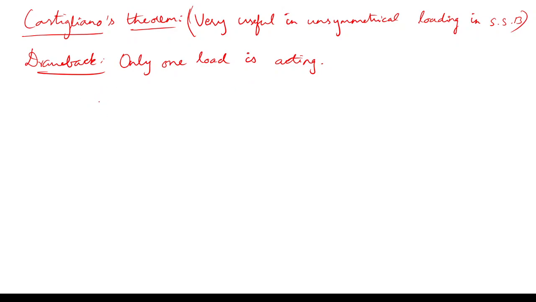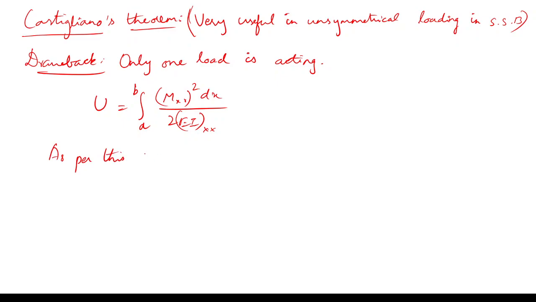We have already seen that for a beam, U is equal to the integration from a to b of Mxx the whole square dx divided by 2EI into xx, for example if E and I are changing across the beam. So, as per this theorem,